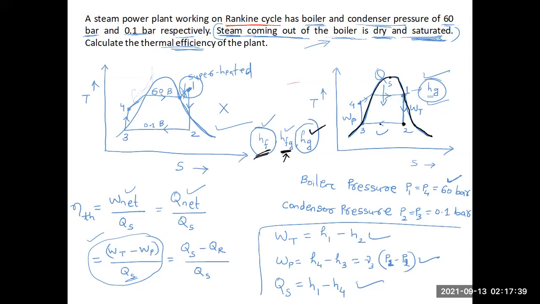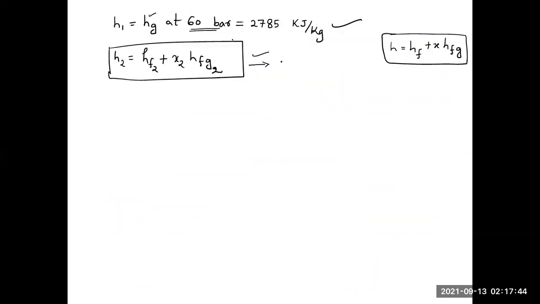Here, the pressure is condenser pressure, and it is 0.1 bar. So here these things we have to calculate at 0.1 bar pressure. Means from the data book, we have to find out when the pressure is 0.1 bar, what is the value of hf and what is the value of hfg. So now we will go to the data book